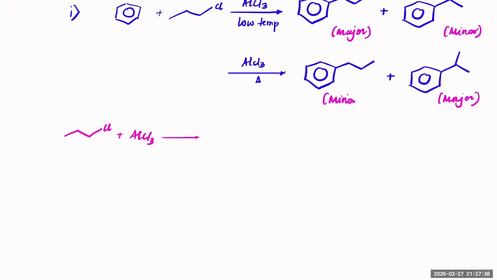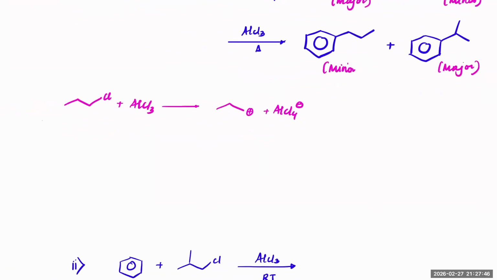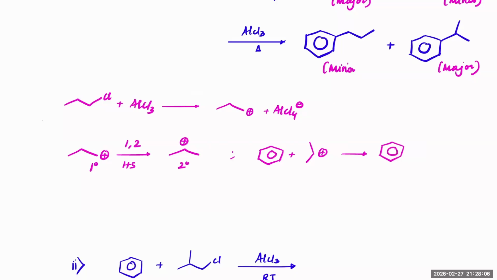A primary carbocation is very difficult to make, but in this case, because you are facilitating with heat, it can form more easily, and this carbocation can get rearranged by a 1,2 hydride shift. It will go from the 1 degree position to the 2 degree position, and thereafter benzene will react onto the second degree carbocation, ending up getting